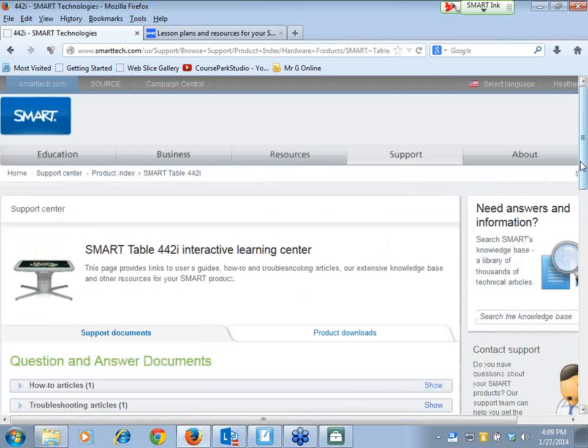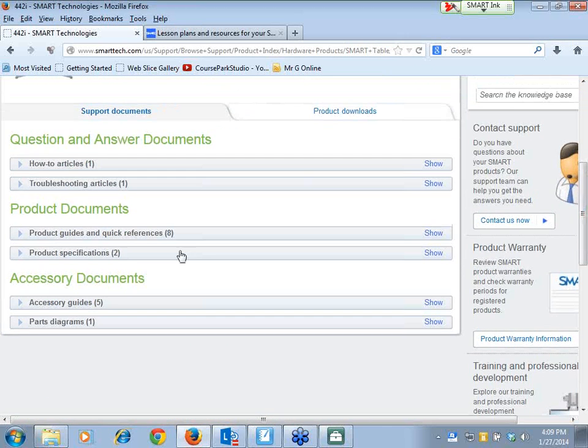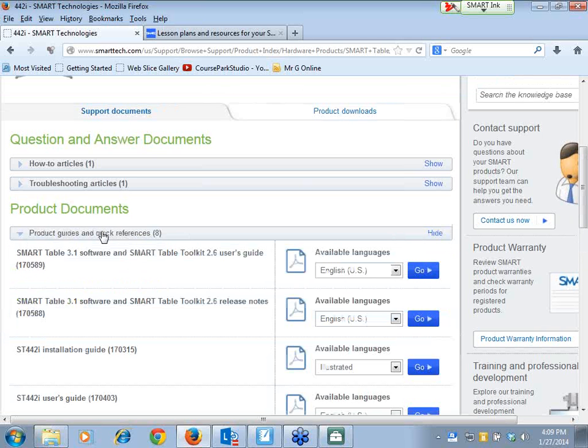And here is what I really want you to think about. If I come down here and go to the product guides, this Smart Table 3.1, it's all one guide, but it has an incredible user's guide for the toolkit. The toolkit, you'll notice, is only version 2.6. So if you have questions about the table software, you'll find that. But this user's guide, if you're just getting started, I have it downloaded and I'll share it, but it